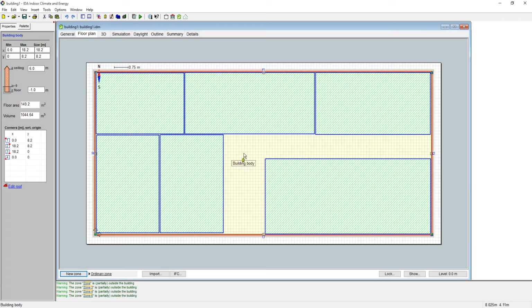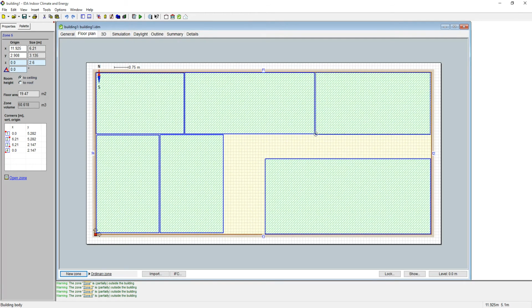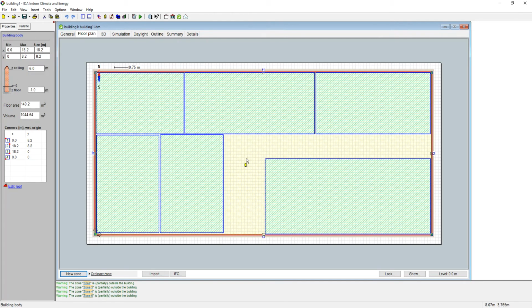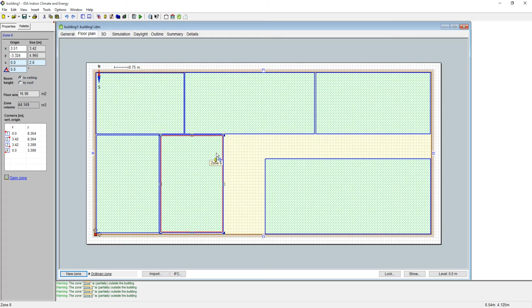And then I'm going to create another zone over here. Up until now you have learned how to create just square type zones. You can also create special geometries for the zone. It doesn't have to be square. For example, if I want to create a zone that looks like this, as you can see, it's L-shaped on the side. So again, I can just copy paste